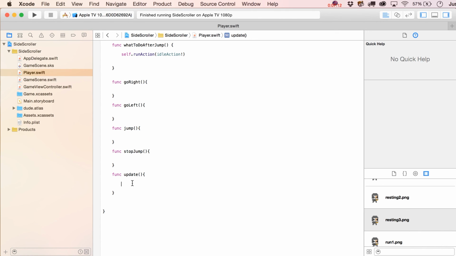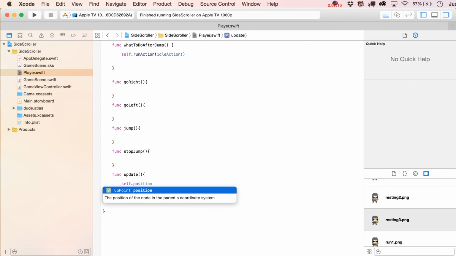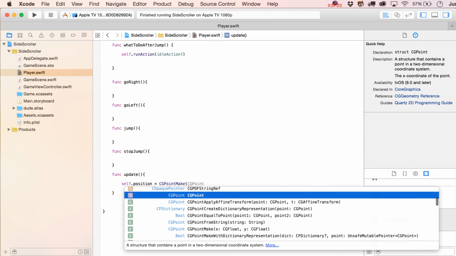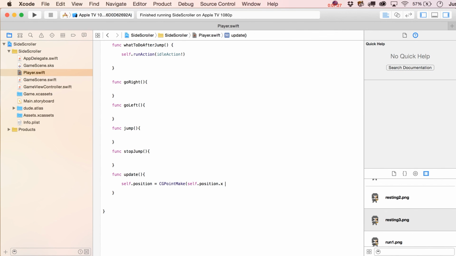We'll take our character, or I'm sorry, self.position is going to equal CGPoint(x: self.position plus, let's say, currentSpeed. So that's going to be for the x-axis, and then on the y-axis we're just going to leave that to be at